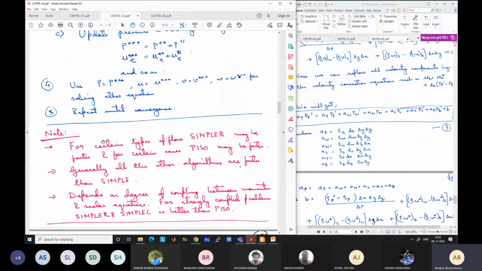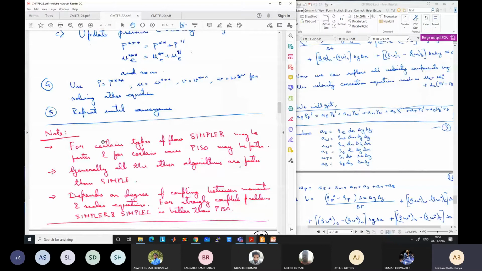It is very case dependent. A lot of studies have been done. In some cases it has been seen that SIMPLER actually is faster. In some cases PISO is faster. SIMPLEC, less chance is there, but in some cases its performance is similar to SIMPLER. In other cases SIMPLER is better. So among SIMPLER and PISO, there is a lot of variation. It is very much case dependent, parameter dependent. Actually, you cannot directly say mathematically this is faster, this is slower. It depends on a lot of things.